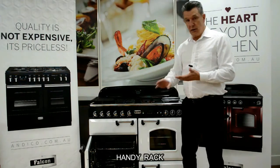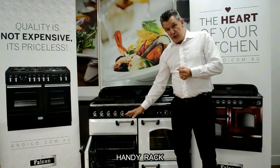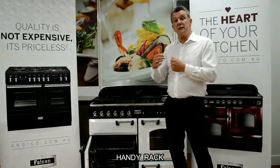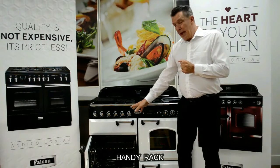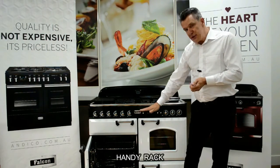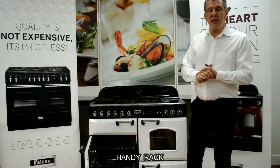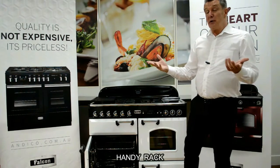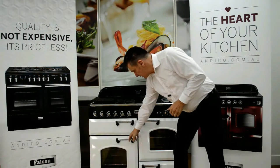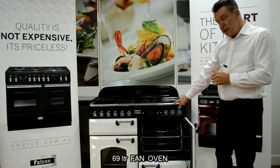Now this handy rack is designed for roasts, roast vegetables, etc. It means that when we put a roast or roast vegetables in there, we can actually open the door during cooking to baste and turn without actually having to take it out of the oven. The handy rack has 2 settings on the door, which means we can do different height cooking, and it also means that if we like, we can utilise the racking inside as well as the racking on the door at the same time. This rack of course can be removed and we can use it as just a normal conventional oven. The oven on the right hand side is a fan oven, wire racks,